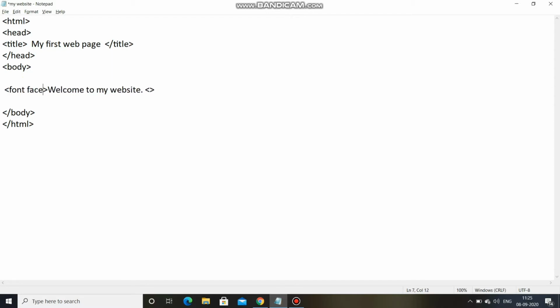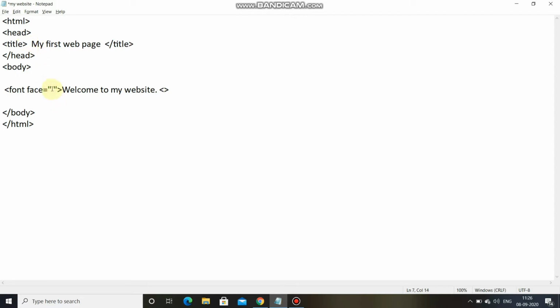This is the syntax of the font attribute: font face is equal to double quotes. Under the double quotes, we have to mention the font style. Which font style do we want? You might be wondering what a font style is. Font styles are the way a font can be represented, the style of the font.